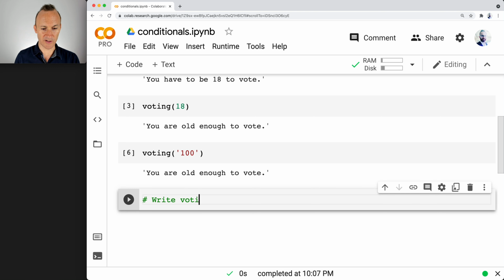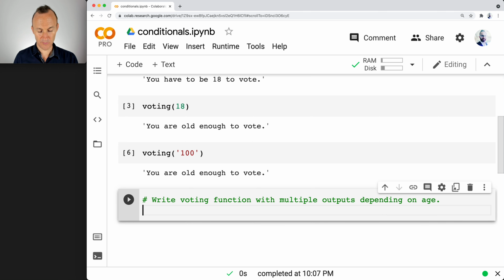Write a voting function with multiple outputs depending on age. Specifically, we want to use the input function to obtain the user's age. So this time, instead of